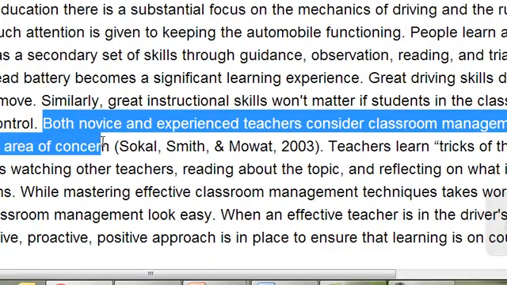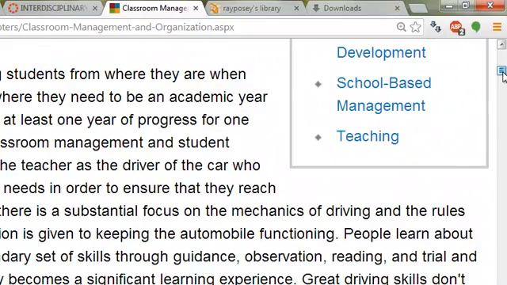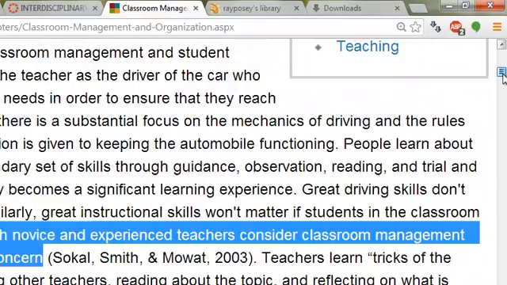As I said before, novice teachers find classroom management an area of high concern. But if you notice here in this statement, experienced teachers feel that way as well. It's not as if once you've got it, you never have to think about it again. It's an issue in the classroom that you have to think about continually. That's why we're starting this whole class on methods with classroom management, because it's going to be one of the most important things you do.